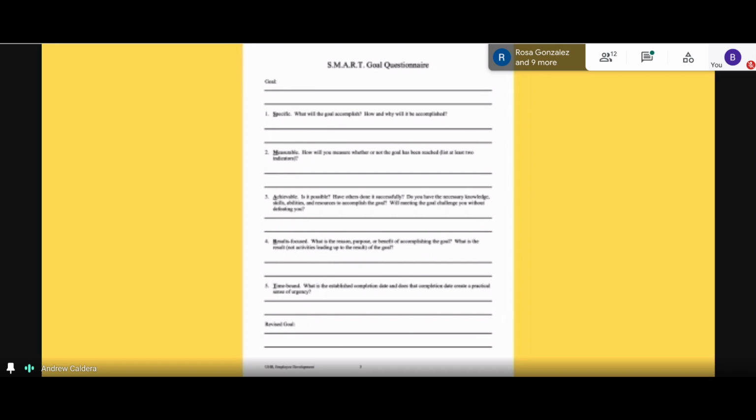So when you usually come up with a goal, it's not going to be cute and pretty in that one moment and one time. Maybe it is, you know, but you want to make sure that you do this form, because then you'll address all those questions that your supervisor may have, like, well, when is this going to happen, you know, and all that stuff. So make sure the form is a great tool to use when planning these SMART goals.